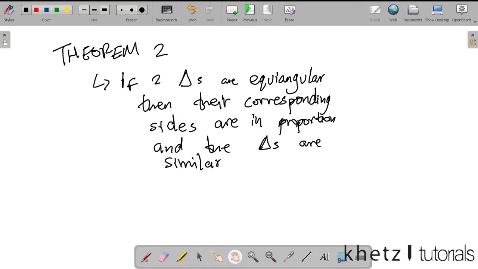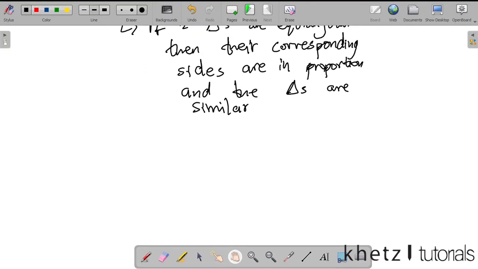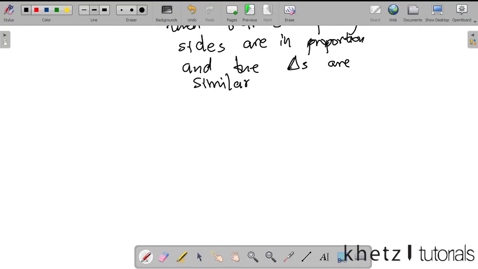So let's read this and understand what it's actually saying. It says, if two triangles are equiangular, then their corresponding sides are in proportion and the triangles are similar. All right. So let's actually look at the proof for this. You can actually be asked in a test situation to prove this, and we're required to prove that if we have,